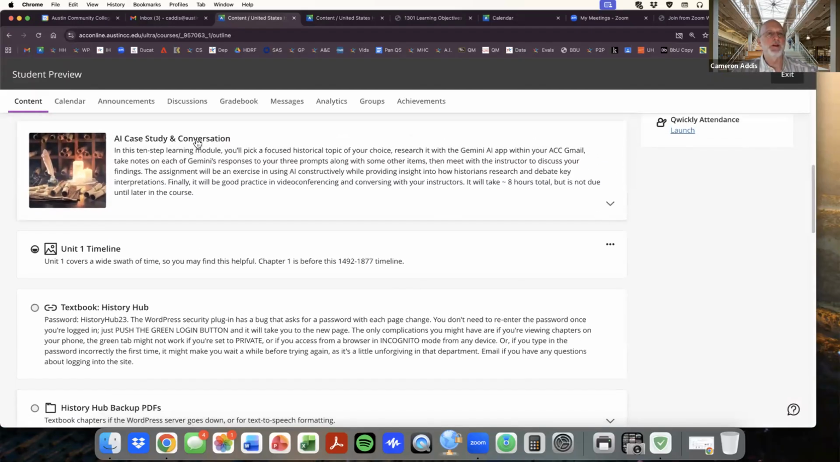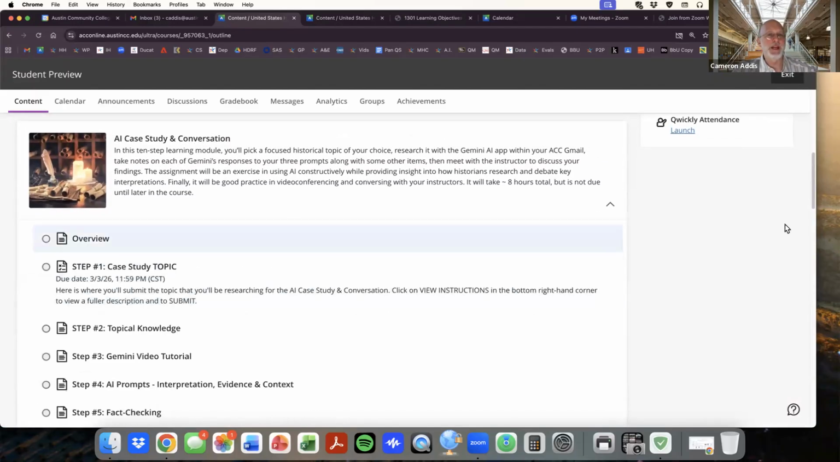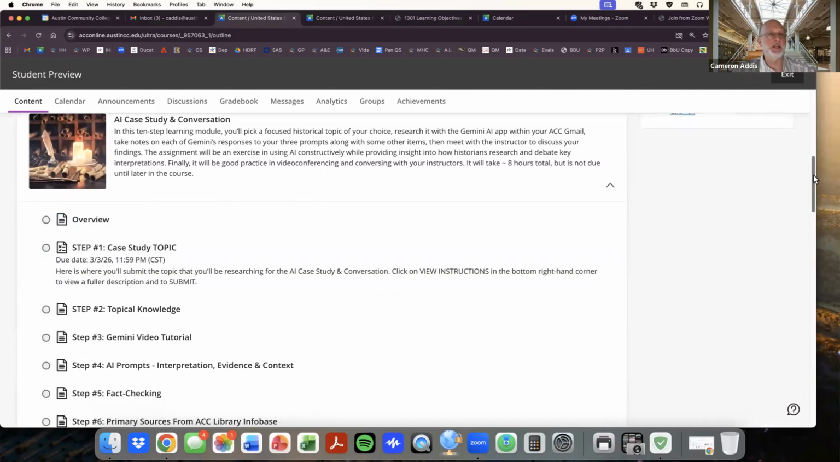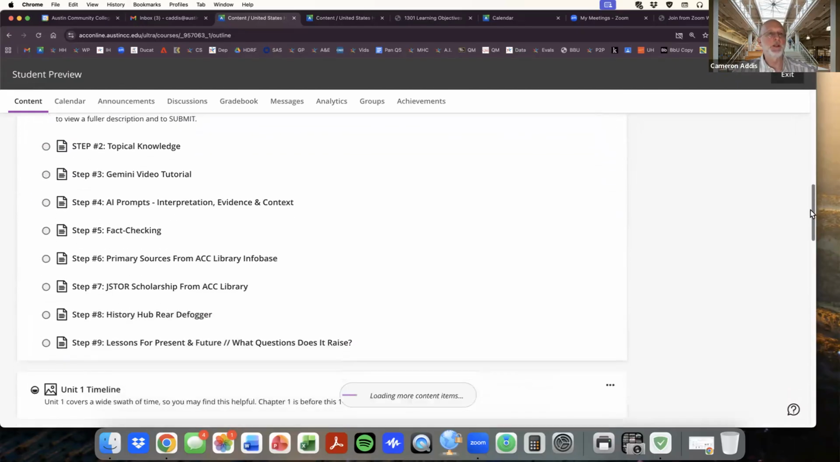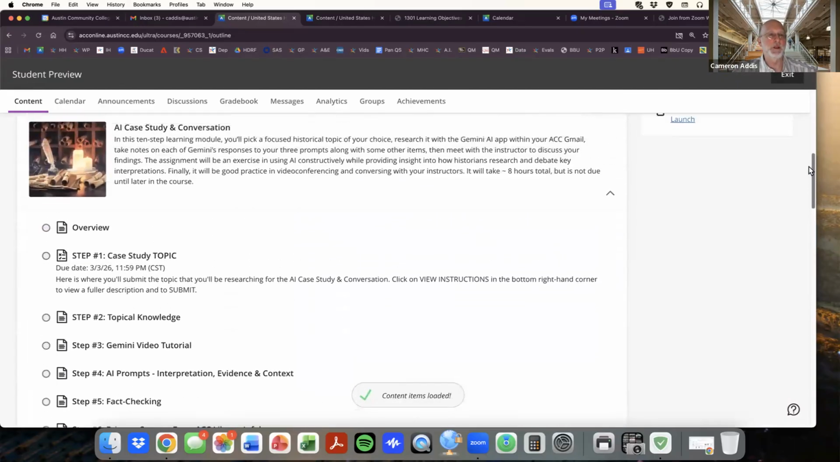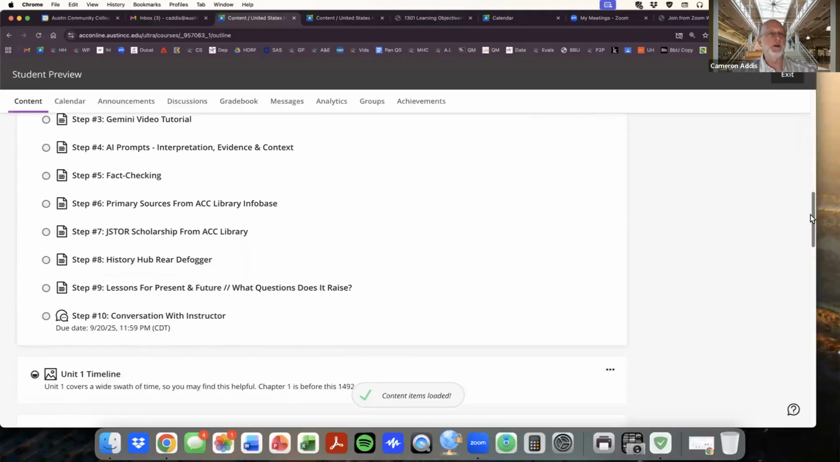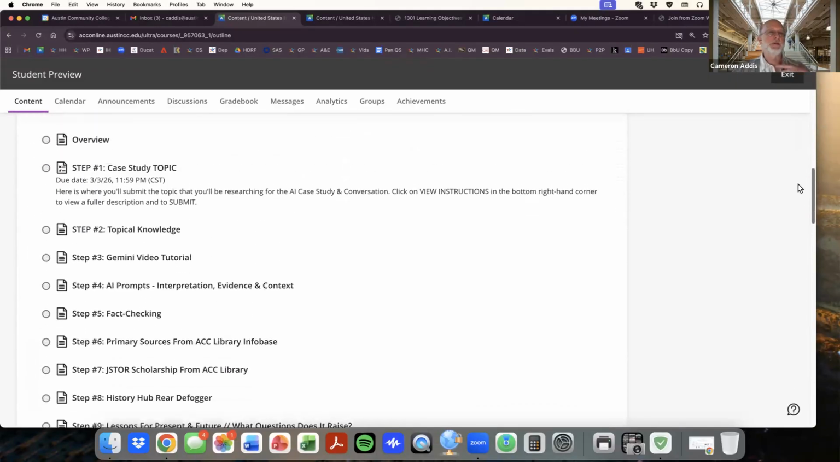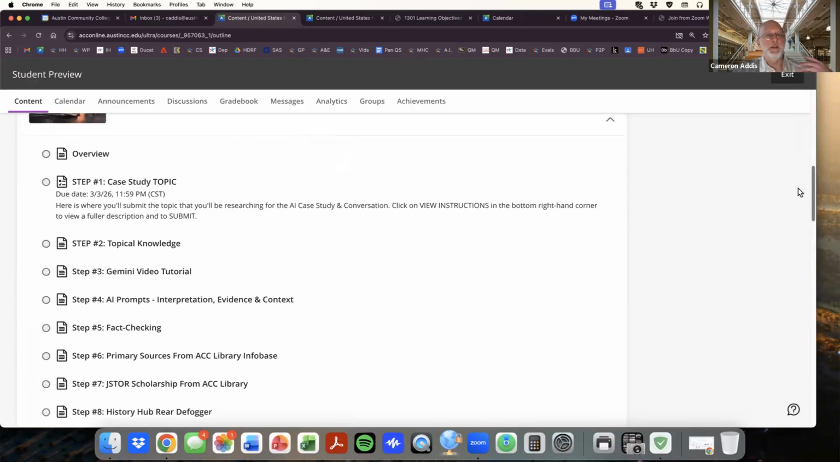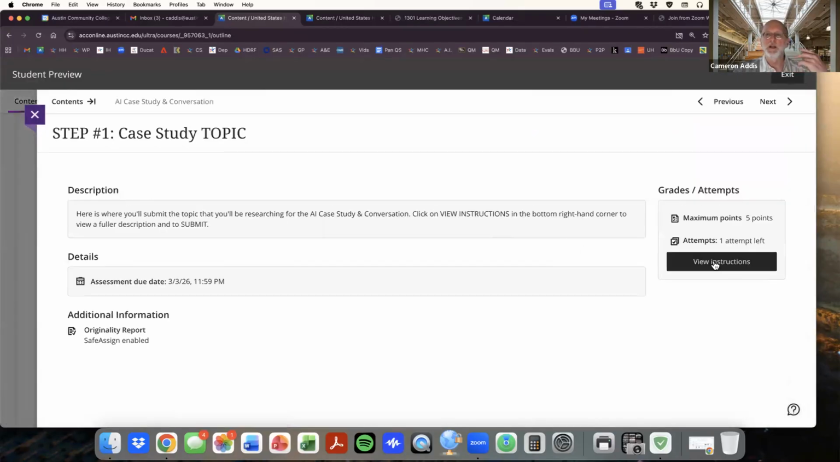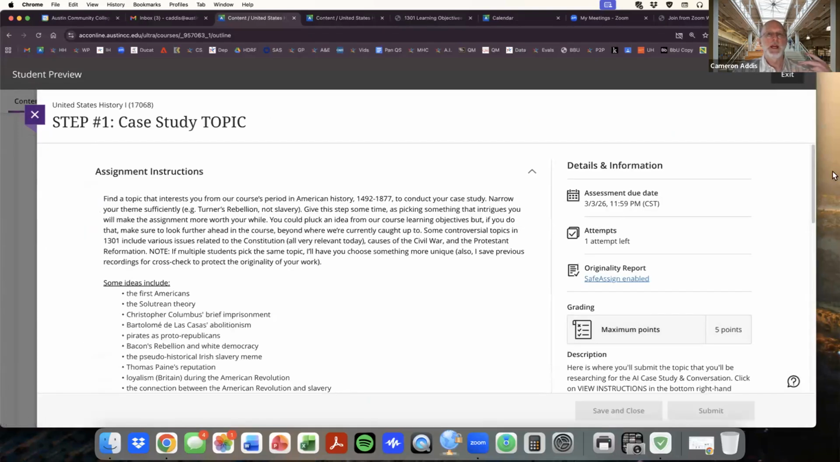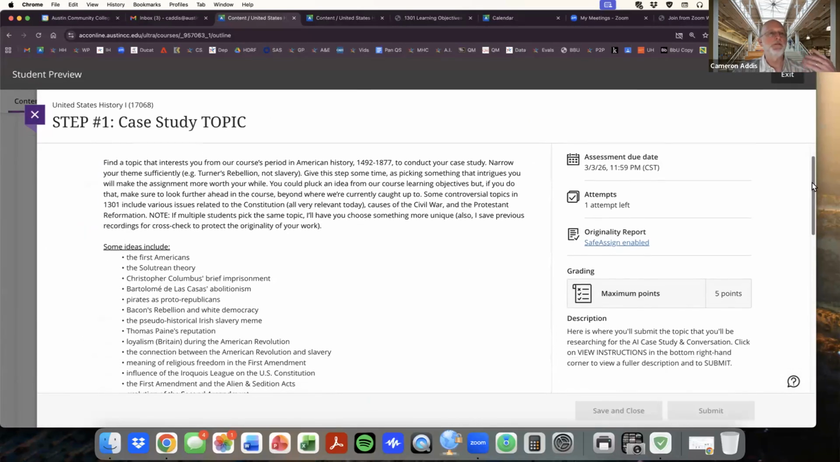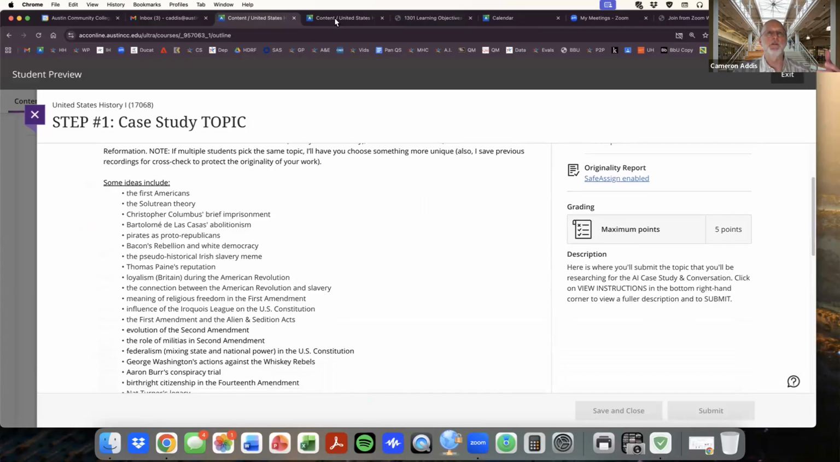But also we have here in the folder the artificial intelligence case study and conversation, which is basically a learning module sort of arrangement where you go through multiple steps. Most of these steps you do on your own. The difference is step 1, which is where you're going to choose your topic. And these topics, of course, will be very different under